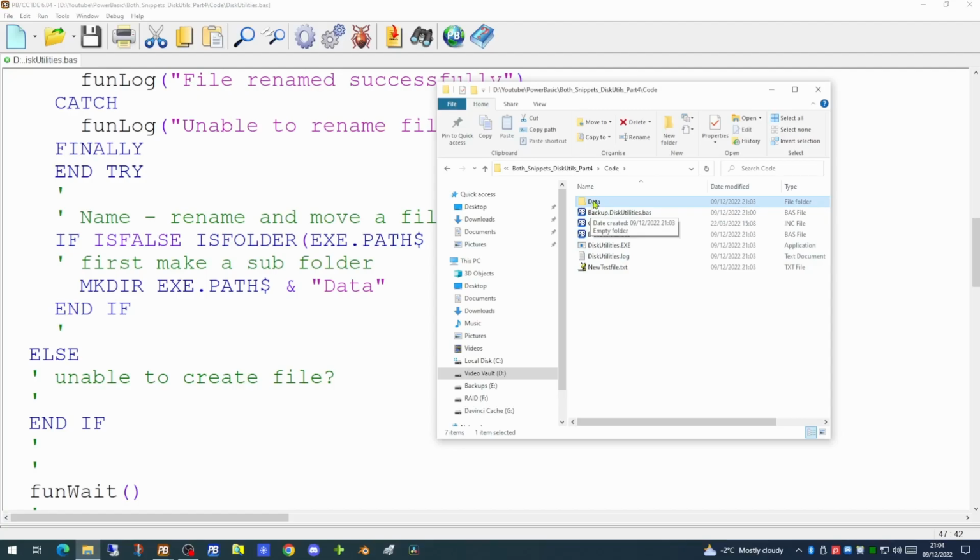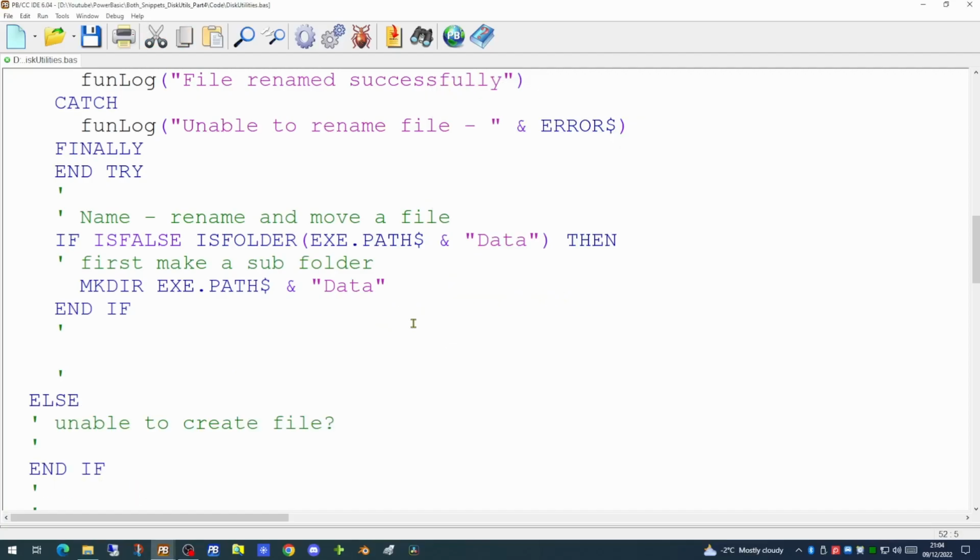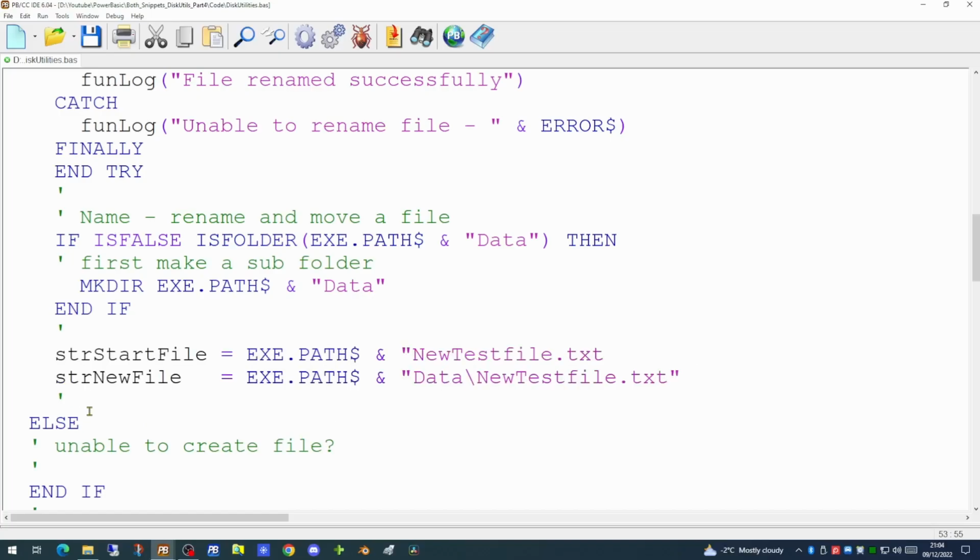This will not just be copying the file, this will effectively be moving the file. So when we get to this point in the code, there will be a file in the root of the executable path called new testfile.txt, and we want to move that file inside the data new testfile folder. So this isn't renaming the file, this is just moving it.